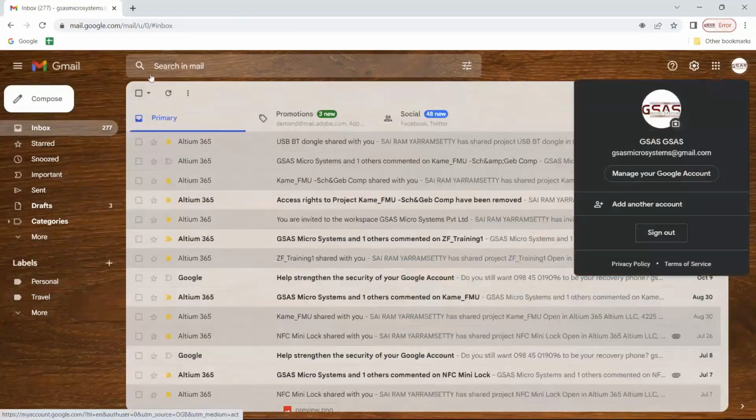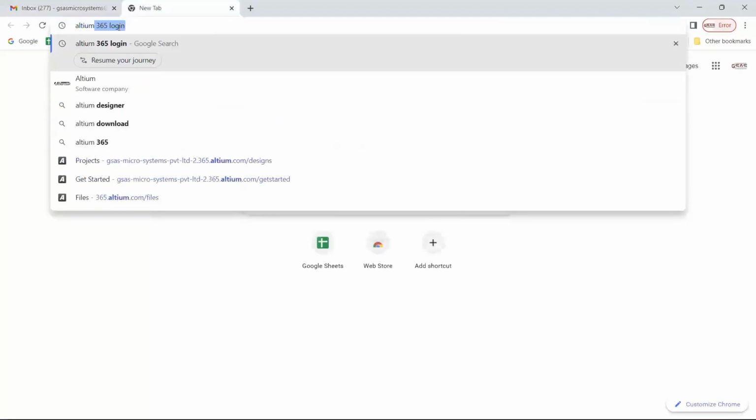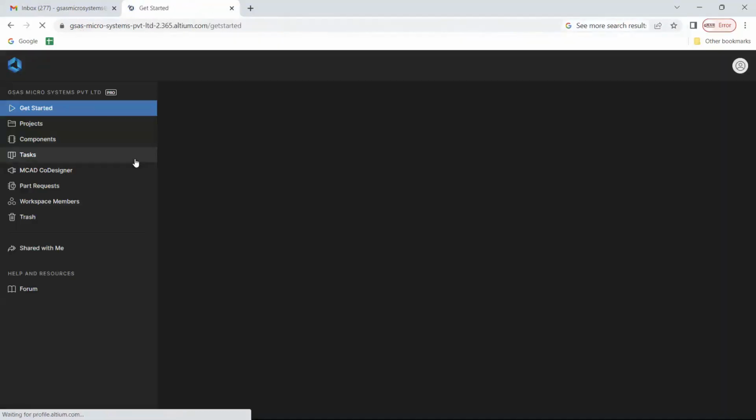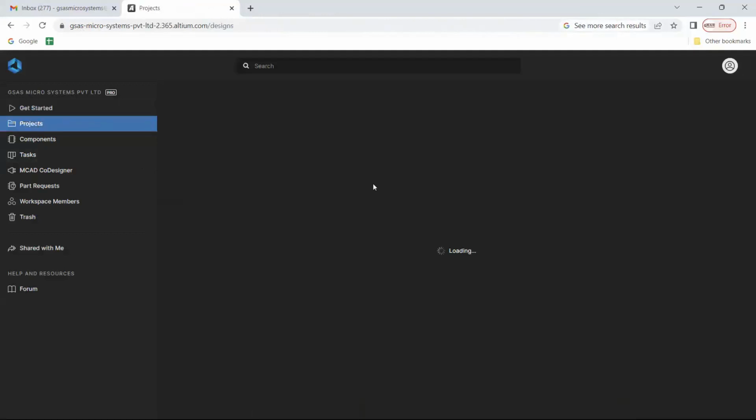I don't think he's getting it. If I go to this Altium 365 login, I think I have already shared it. That's the reason it's not showing. If I go to the project and